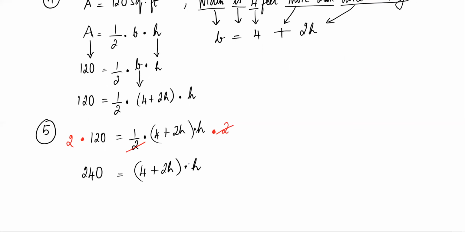You know, the H can be in the front or at the back. It doesn't matter because we can still use the distributive property. So 240 is 4H plus 2H squared. Well, it's beginning to look like something. Remember, this is application related to quadratic equation. And right there, you see that the degree is 2. You know you're entering into a quadratic space because the degree here, 2, tells you that you're expecting a quadratic